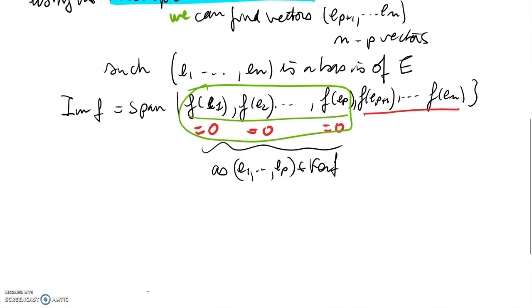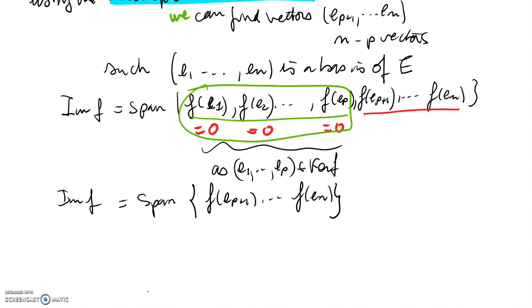All right. But the idea is that the span doesn't change if I just forget about those vectors. So the image of F is also spanned by F of Ep+1 up to F of En. Okay. The thing is, are they linearly independent? Well,